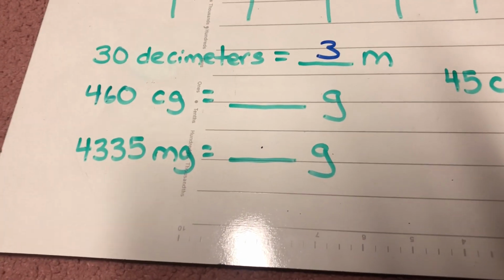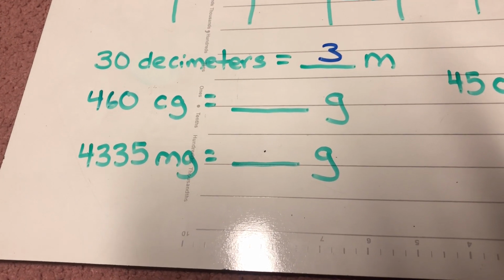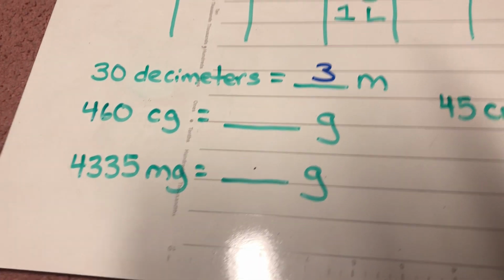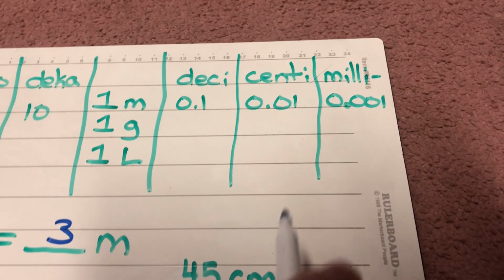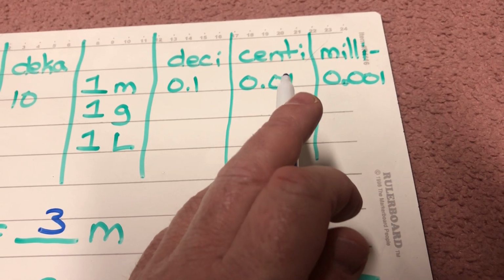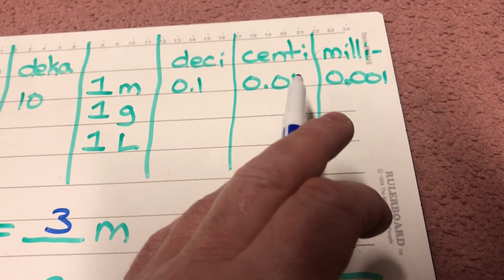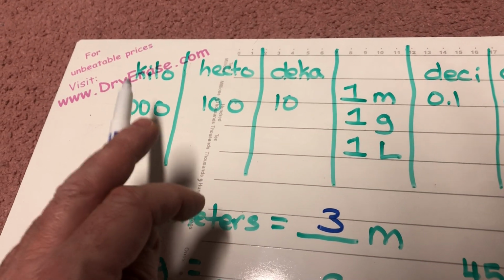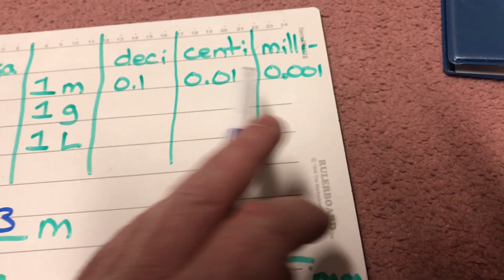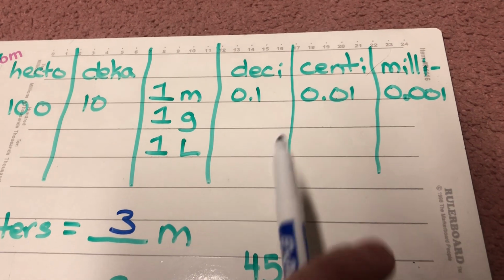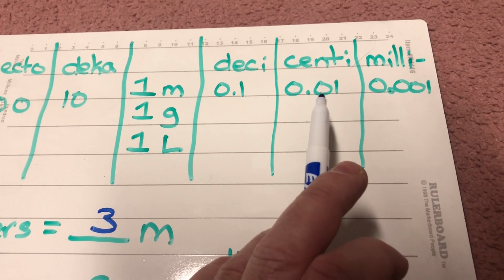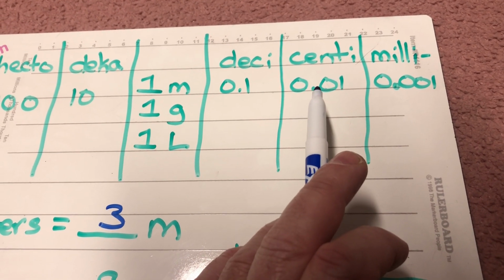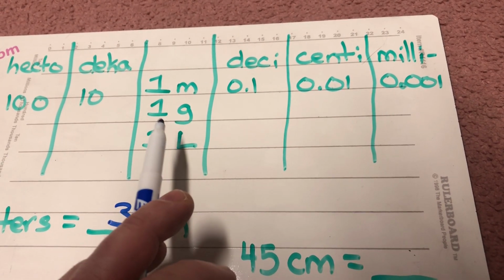All right, 460 centigrams is equal to how many grams? Well, let's come over here. Here's our centigrams. We're going from centigrams to grams. So we're going up, we're going bigger up the chart. Remember, these are the bigger measurements. These are the smaller measurements in relation to a meter. So I have centigrams, and I have 460 of them, and I want to figure out how many grams there